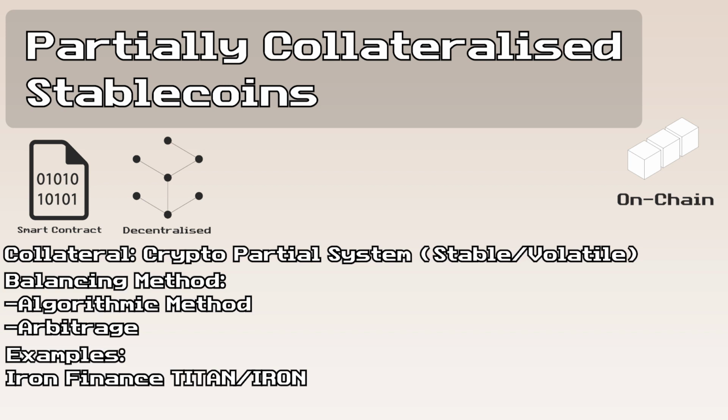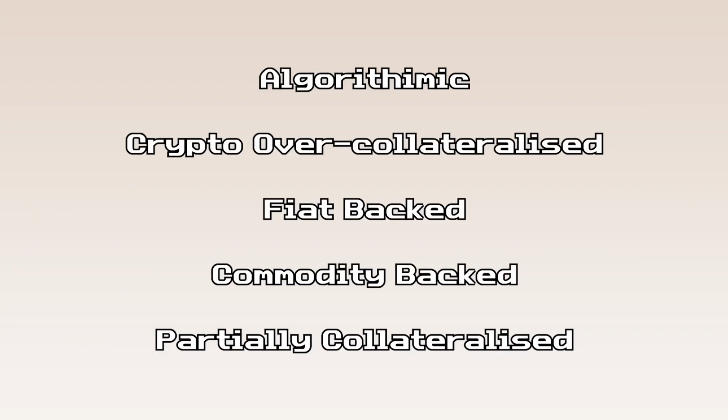An example of this would be the recent infamous Mai Finance, where it used a volatile asset called Titan as part of the collateralization. So this kind of system has some advantages, where it requires less collateralization, but it also shares some risks with algorithmic stablecoins. The nature of this kind of stablecoin also means it's fairly experimental, and this carries with it any kind of associated risks. So that's a brief overview of the various different kinds of stablecoins and their features.